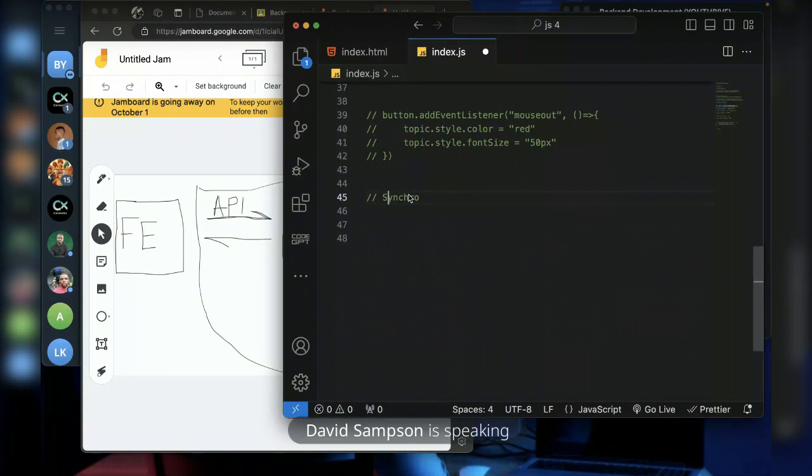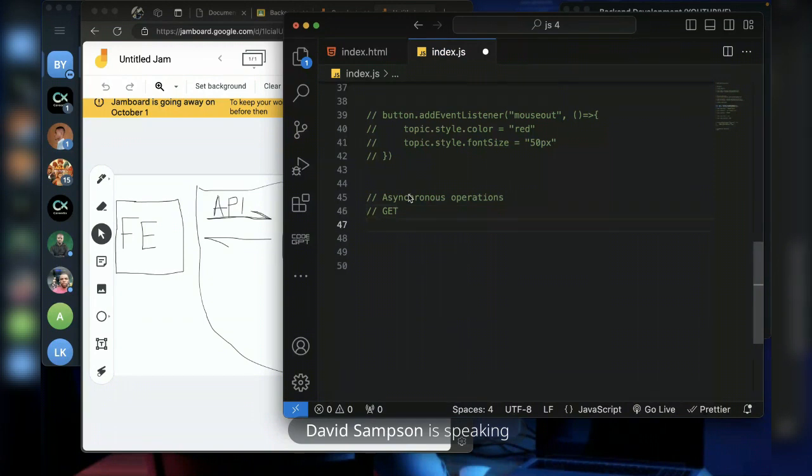In JavaScript, we call them asynchronous operations, or you call them async operations, by making requests. So there are different types of requests. The first one is a GET request.